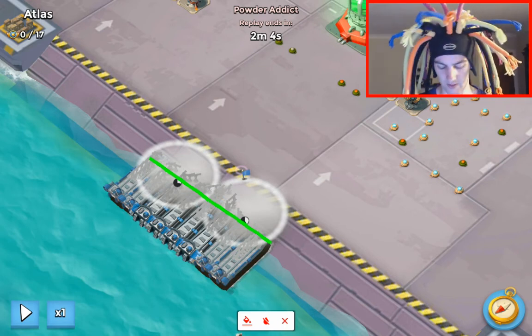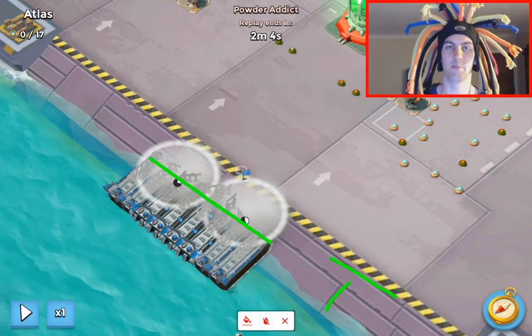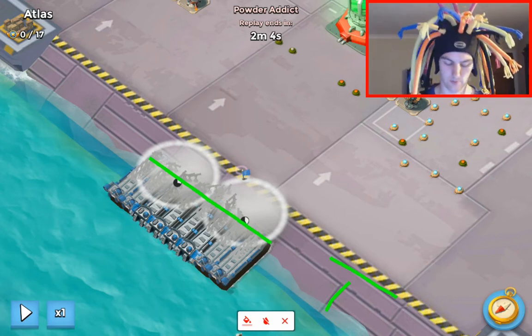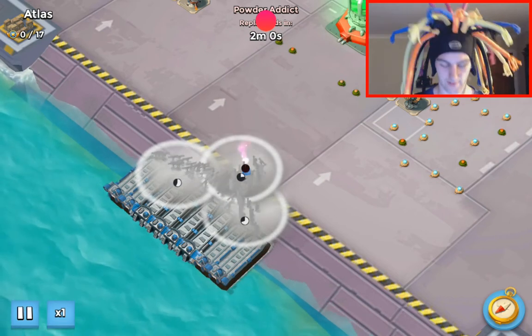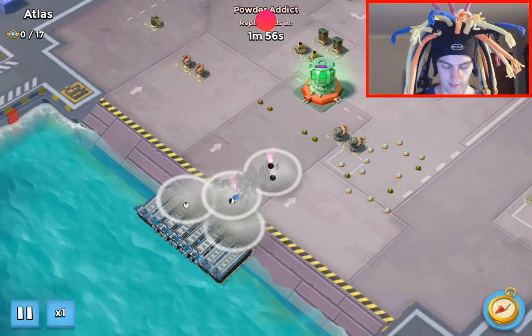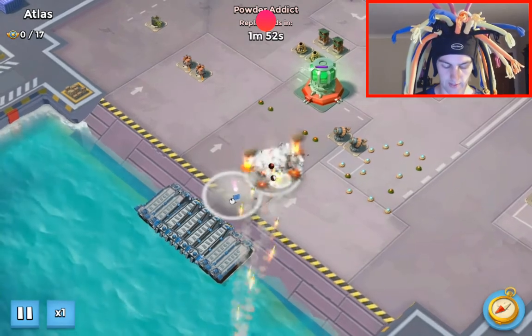I find it easier on the op bases because you've got all these lines for reference, and it makes it a lot easier. So definitely check out replays before you attack, and check out that two smoke landing, and it will help you out a lot. Especially when the beach is hot, obviously. And there you go. So nice work, Powder Addict,